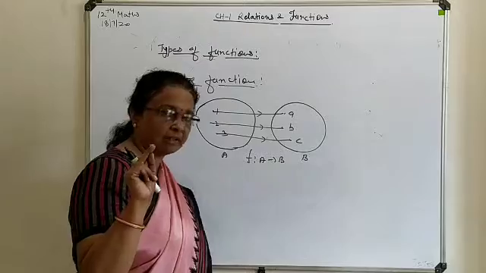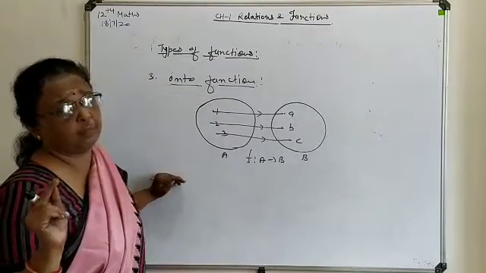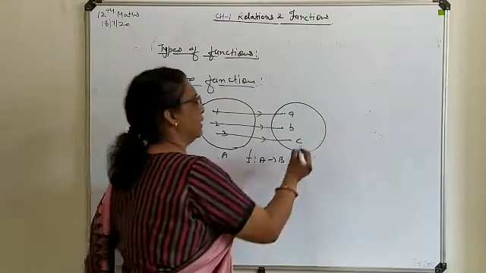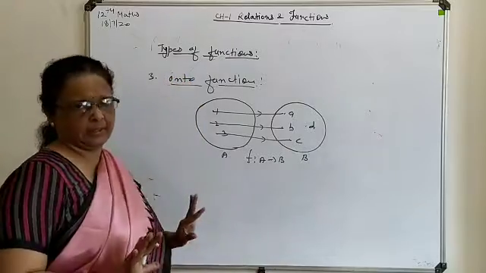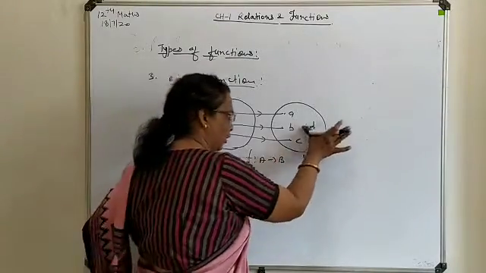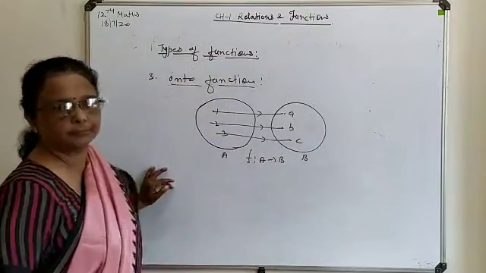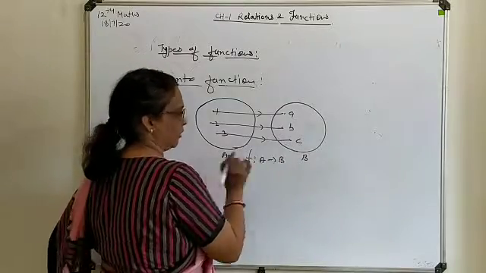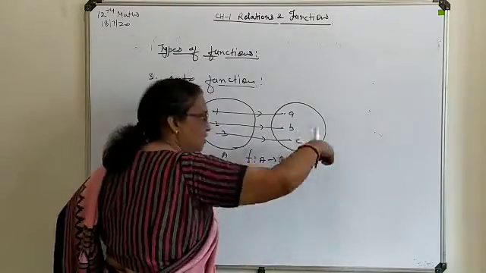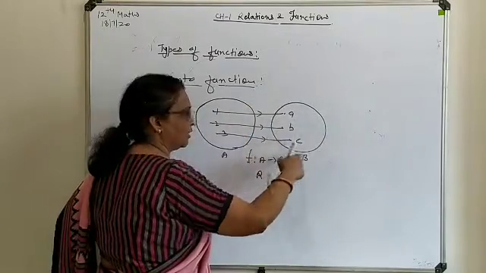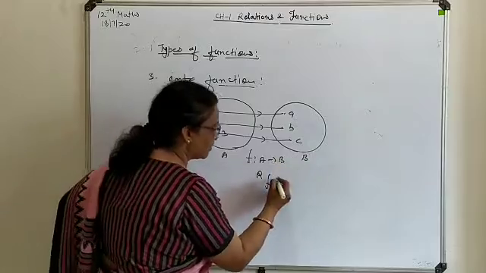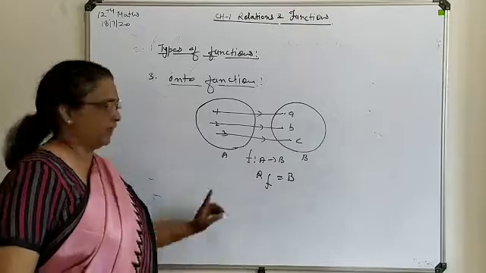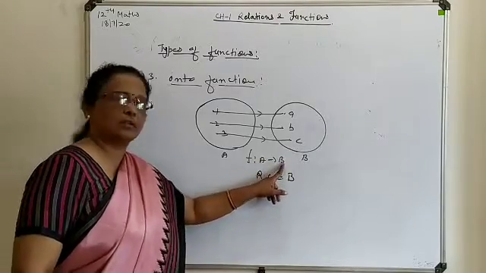There is only one point to keep in mind while writing one-one or onto function. In one-one it is allowed that some elements remain as such. That is not an issue, but when you are talking about onto, all the elements should be covered. So in theoretical form, the range of your function, all values will be considered as the range of the function. It should be the same as B. From where to where your function is defined is known as the domain, and this is known as the range.